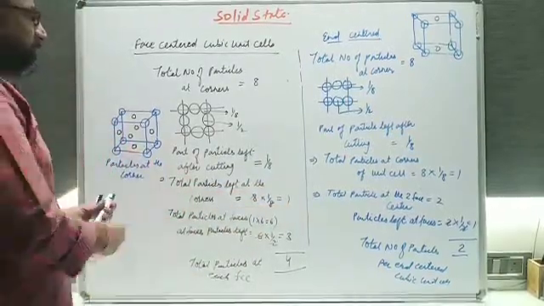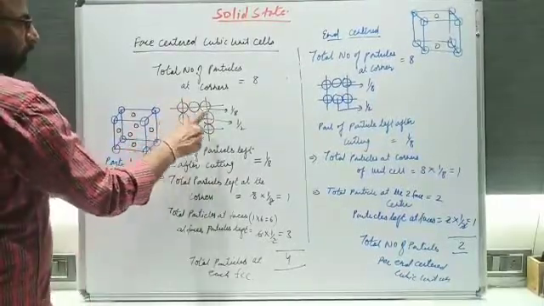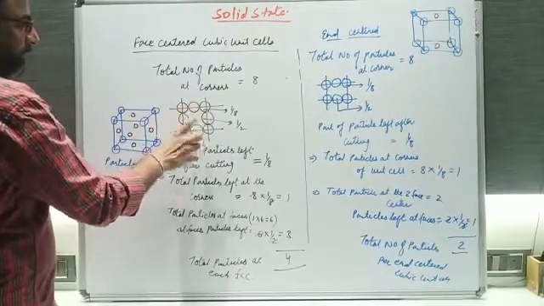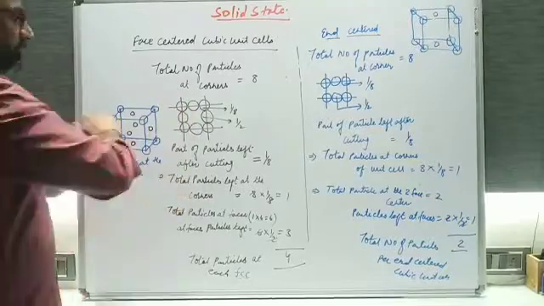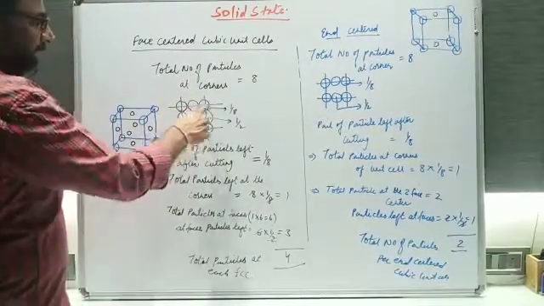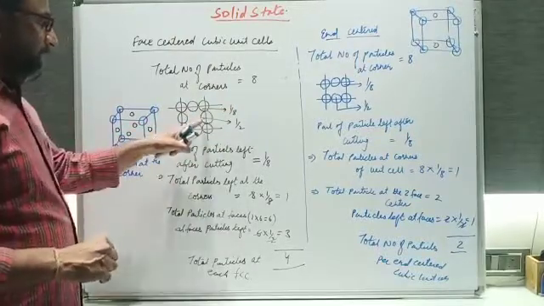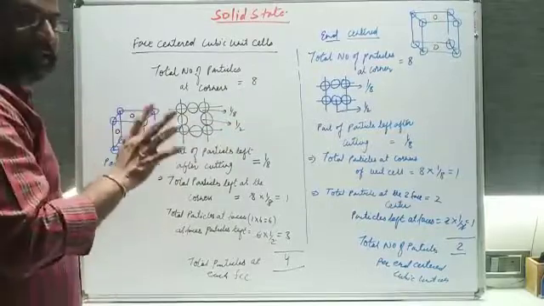Okay, beta. So I tried to just cut it down. This is one face. So 1, 2, 3, 4 particles are at the corner, and the face center is there. At each face, you know that there are 4 faces I have shown. So 1, 2, 3, 4 particles are there. When you cut down, the corner particles left will be equal to 1/8 part, and the center particles will be equal to half. Understood this thing? This is the important point.